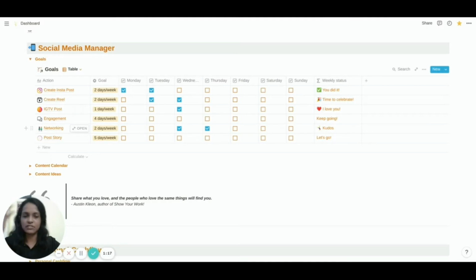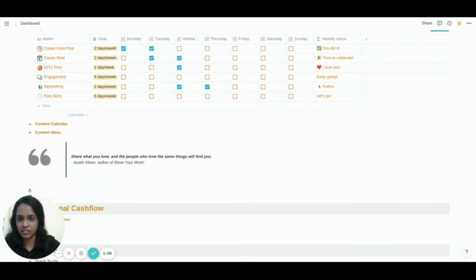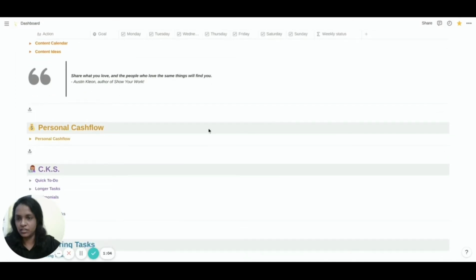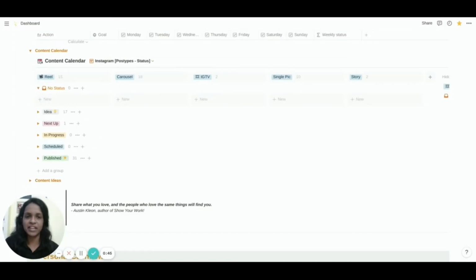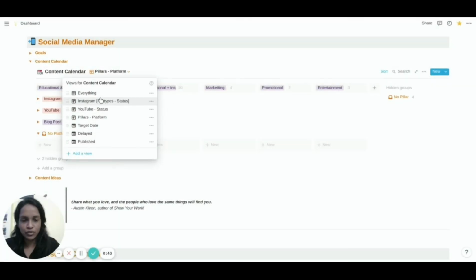But the beauty of Notion as well as the Notion dashboard is that you can customize the heck out of it, and the dashboard specifically would be an ever evolving thing for you. And below this table, I have a content calendar table with all the views I typically use for planning and organizing my contents. I have views to arrange contents by buckets, pillars, post types, where I can switch views and move items around to arrange them.